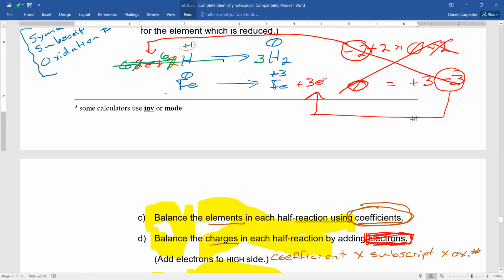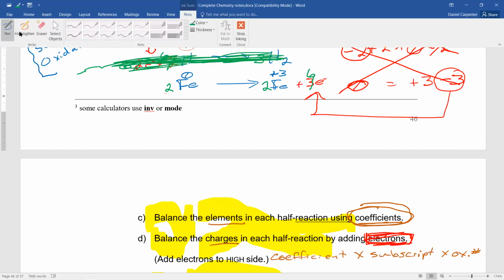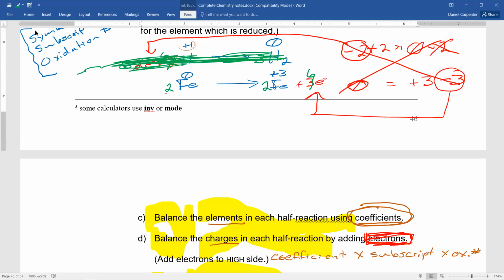Now we're going to ignore this one for a while and do the second half reaction. What do I have to multiply 3 by to get 6? I have to multiply it by 2. So every coefficient in that half reaction has to be multiplied by 2. So 2 times 3 is 6. 1 times 2 is 2. 1 times 2 is 2. Now I've got